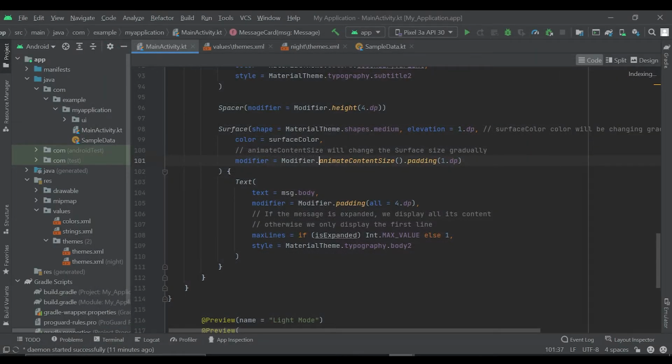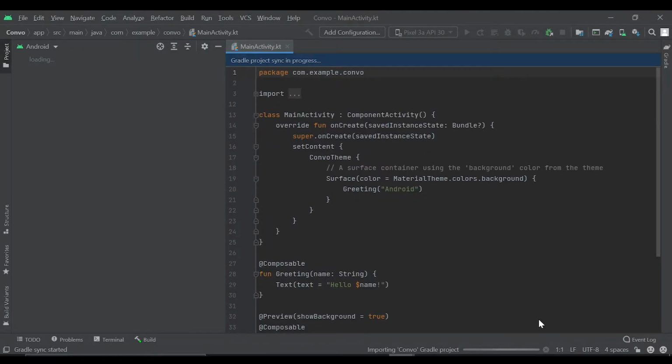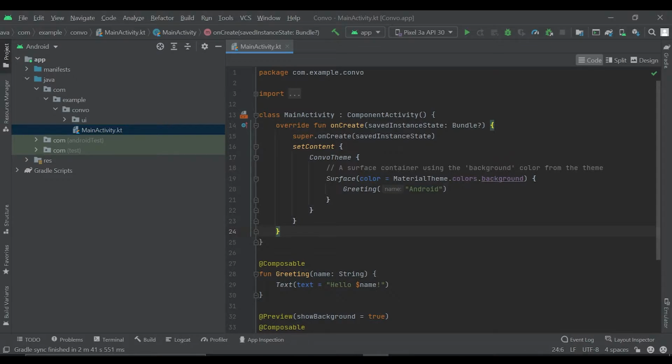And now let's wait for the installation and the Gradle to build, for the daemon to start, all of these processes. Okay, so the Gradle build is now finished, Gradle sync. It took me 2 minutes 41 seconds, but that's fine. So as the installation is done and the new project is now created, firstly we are going to do